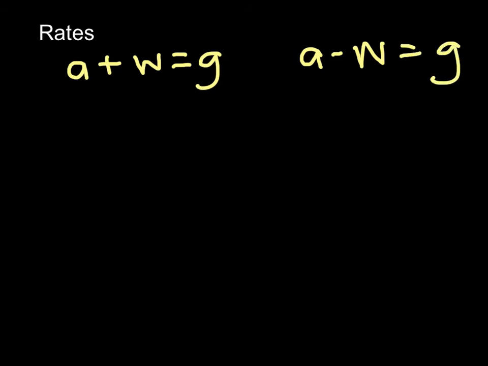So you would subtract. So again, with the tailwind, that's going to add to your speed. But when you go against the tailwind or in the opposite direction, you're going to have to take that off your speed because it's going to slow you down. Hopefully that makes sense. Okay, so our problem that we're going to solve, it says, with a tailwind, a bird